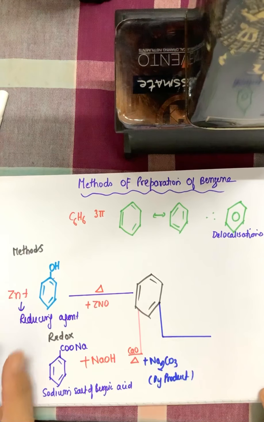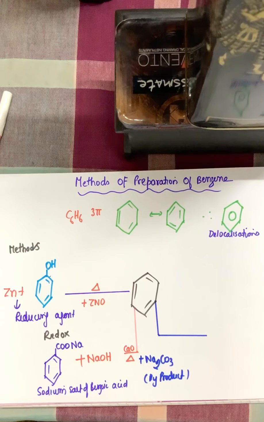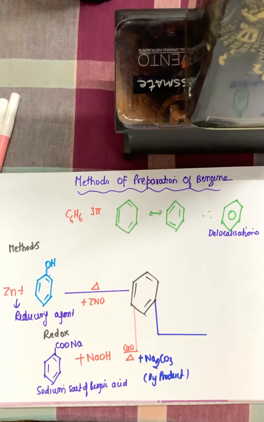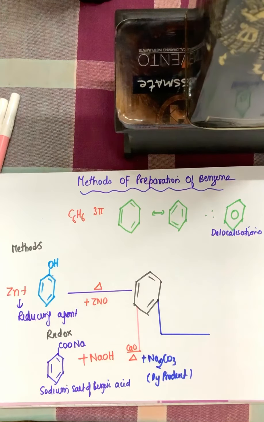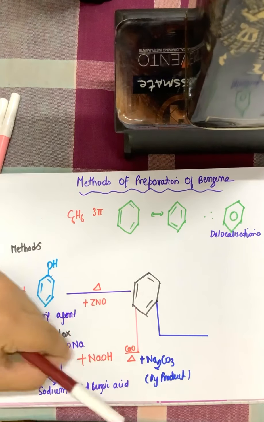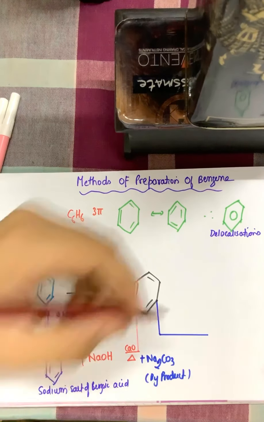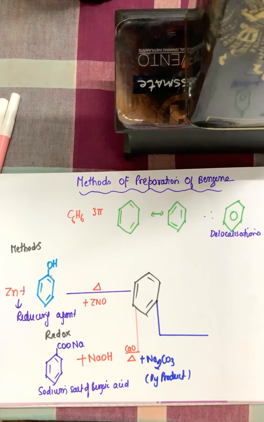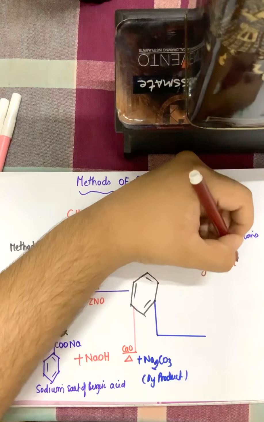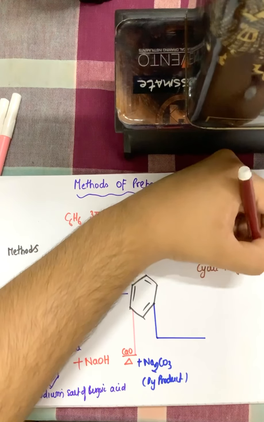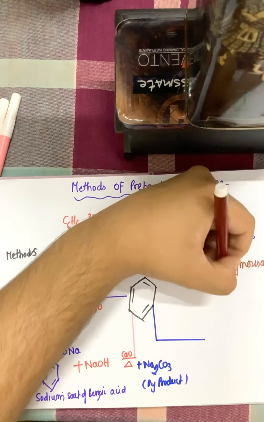Okay. The last method of benzene preparation is from an aliphatic compound. Now both these compounds already were aromatic, and I was preparing benzene by removing the substituent attached. Now if I take an aliphatic compound, which is ethene, ethene is an aliphatic compound. So if I take ethene and make it undergo a reaction called cyclic polymerization, it will form benzene of ethene.